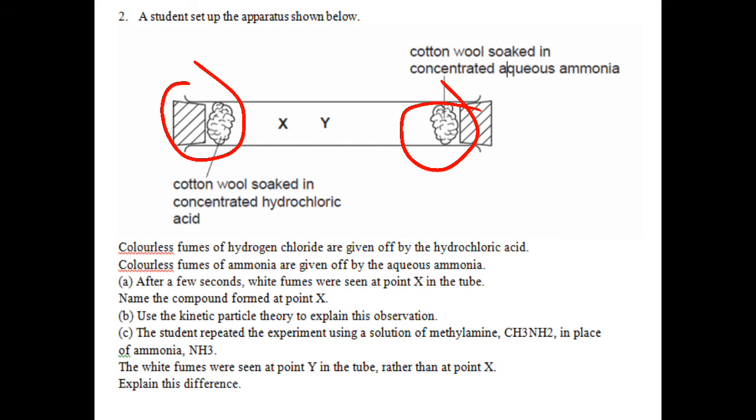soaked ammonia. So you see, both of the compounds will be evaporated and will be traveling through this glass tube. Now you have to see what are their relative molar masses, because you have to predict which compound will be moving faster or slower just based on their molar masses. And you just try to write the following questions on the same concept. So I am very hopeful that this video will be a real help in writing the answers.